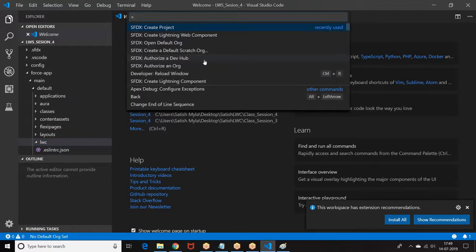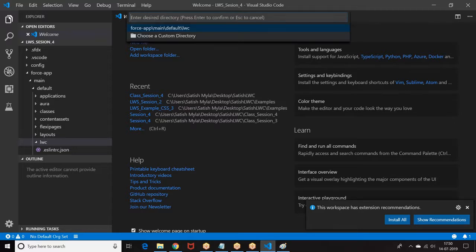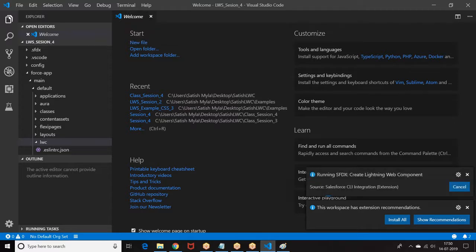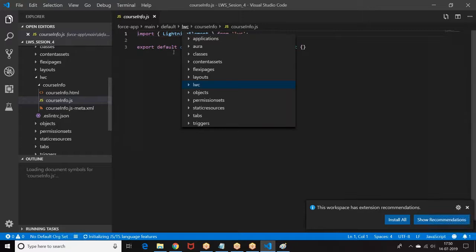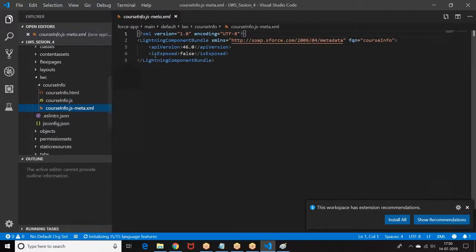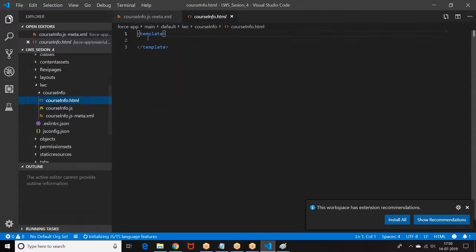Control Shift P, Lightning Web Component, course info. More than the logic, these things have become a headache for us. Right, okay. Then course info, I'm making it clear.